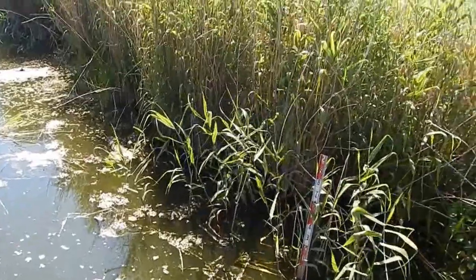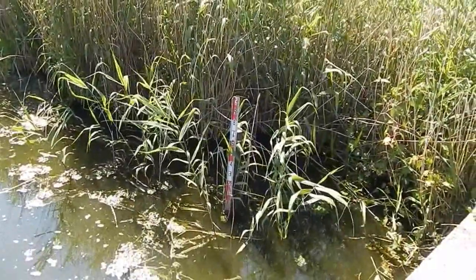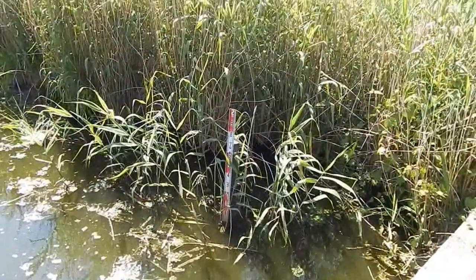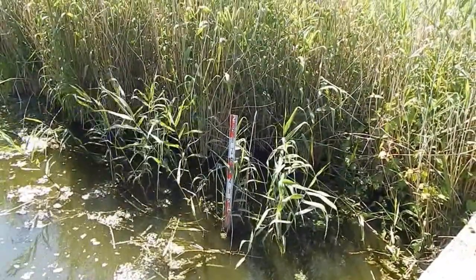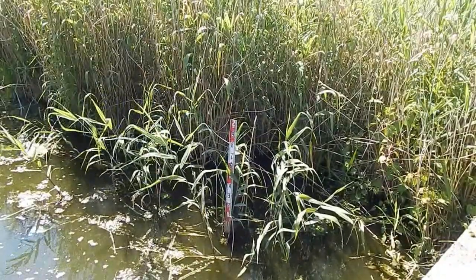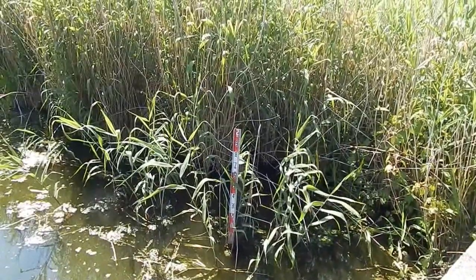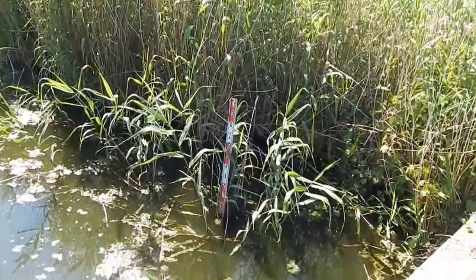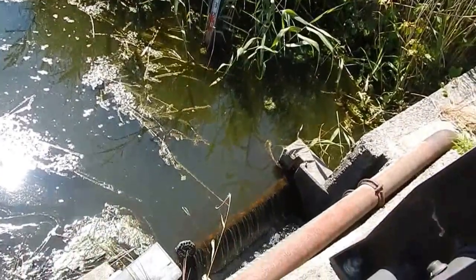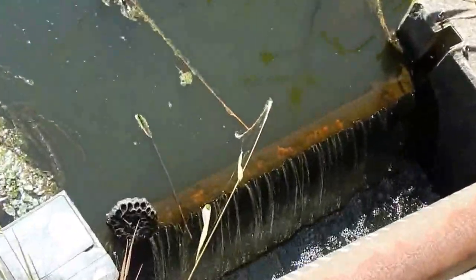I'm guessing when it rains a lot, the water gets pretty high here, because otherwise they would not have put that measuring stick here. So 2 meters, that's 6 feet. Huh. Is that 2 meters above the regular level, or is that 2 meters, 6 feet deep, period? I don't know. But there's a lovely little man-made waterfall, but if you look right there, it looks like